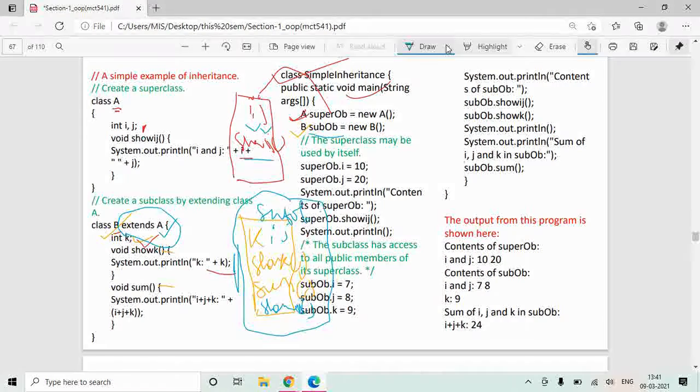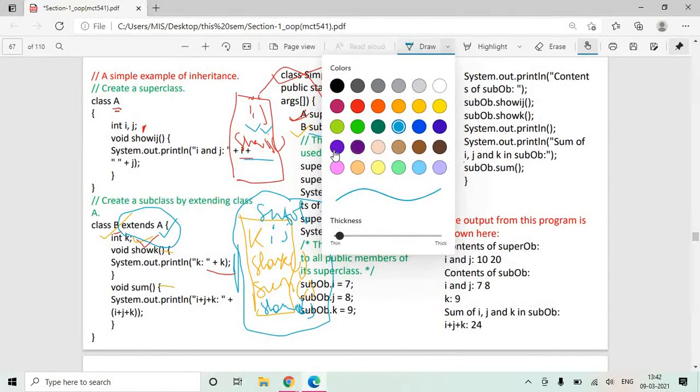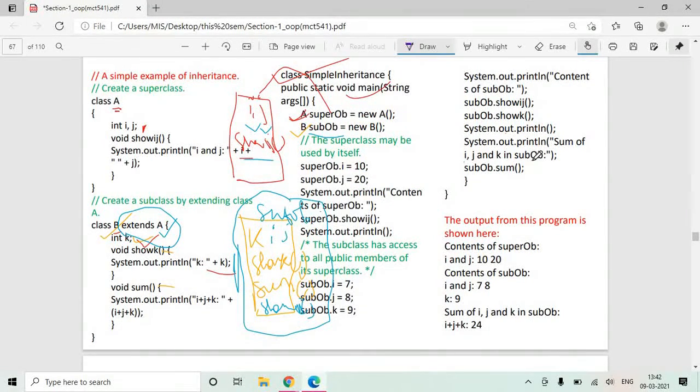Now what I am doing is using the super OB object. Using this super OB object, if I want to access I, I can access like this: super OB dot I is equal to 10. I will initialize the value of I as 10. I will initialize the value of j as 20.